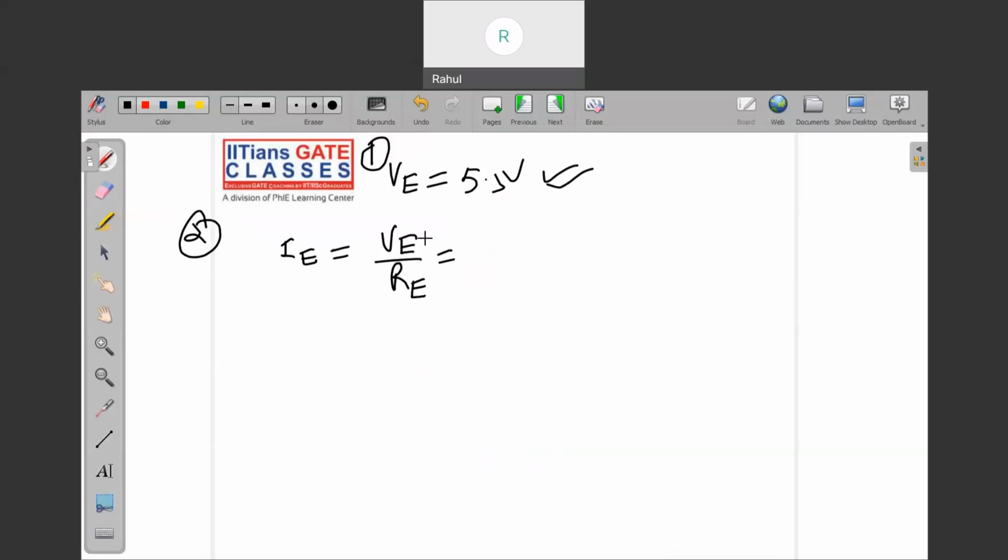I'm talking about how to find the node voltage at any node of the bipolar junction transistor, and how to determine the emitter current, the collector current, and so on. If beta is pretty high, then you can neglect the base current as well. So VE upon RE, where VE we have got is 5.3 and this is 4.3. If we solve this, this will give you the value as